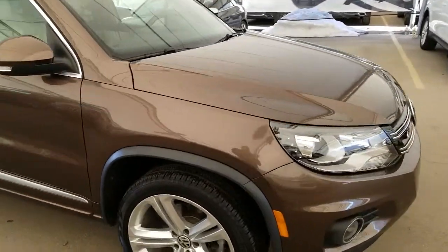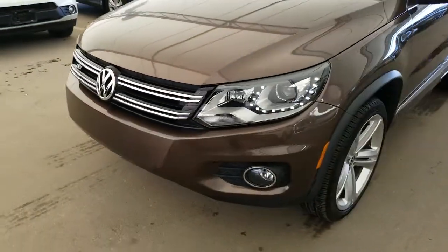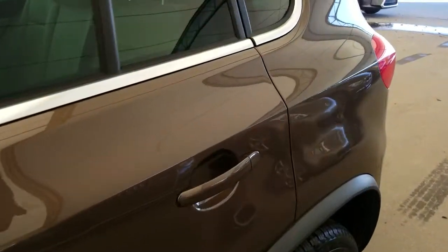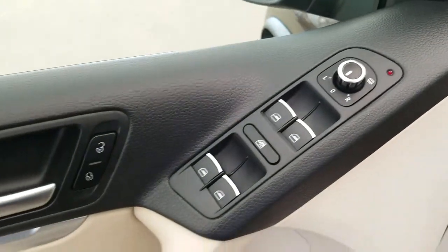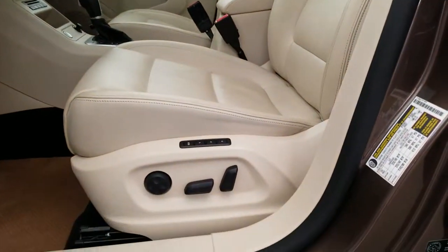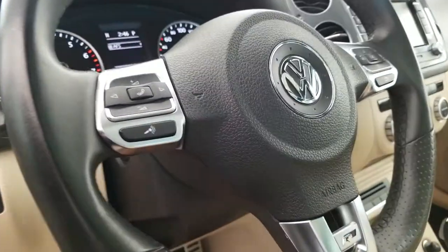Some of the features include LED daytime running lights, adaptive front lighting system, front-facing fog lights, keyless entry with the push-to-start ignition, light controls, power folding side mirrors, power windows and locks, power adjustable front seating with driver's seat memory seating, hands-free controls,